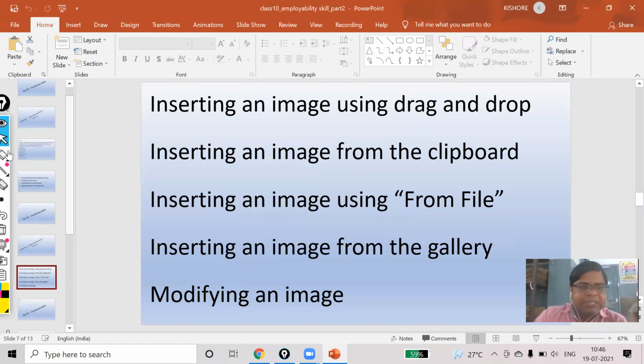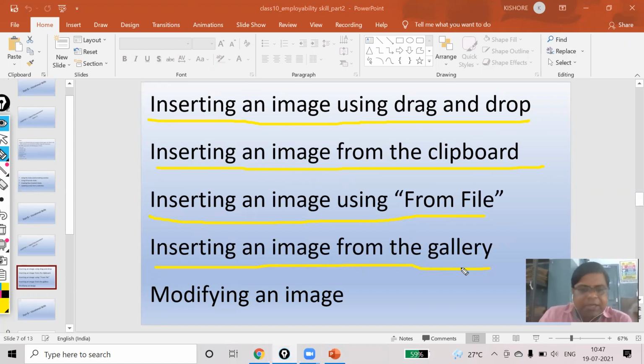So the topics are inserting an image using drag and drop. Next, inserting an image from the clipboard. Next, inserting an image from file, inserting an image from the gallery, and the last one, modifying an image.